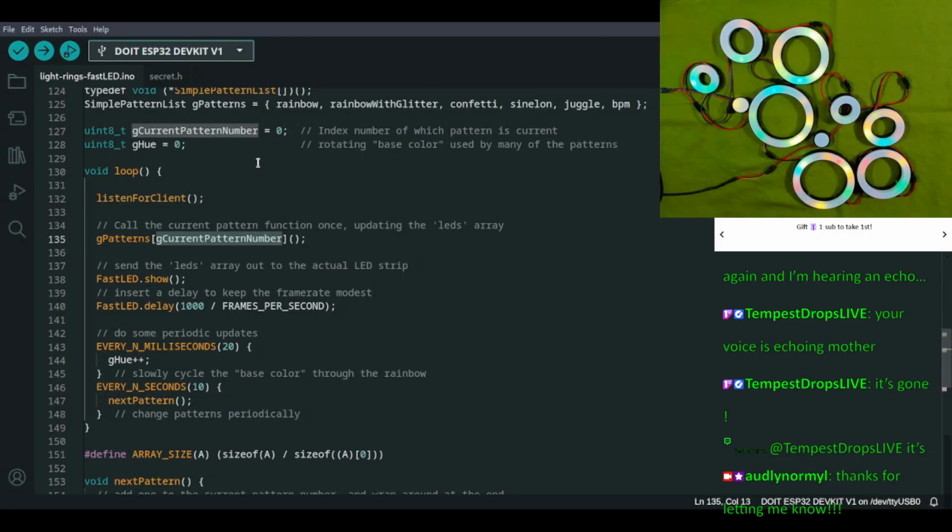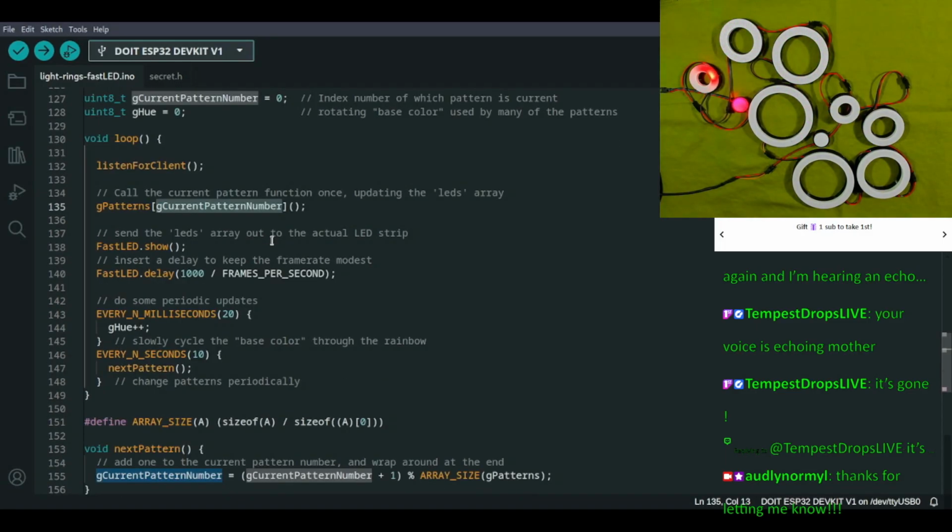So that can stay as 0 for now. And we really want it to be doing that while there is no client connected. This is going to get a little more complicated than I expected, but that's okay. We're going to get there.